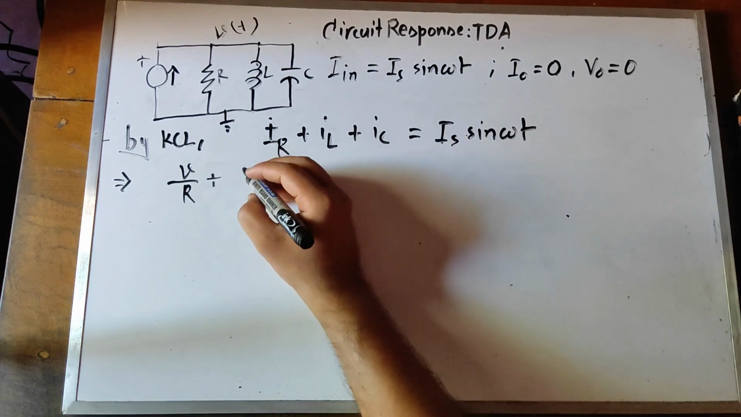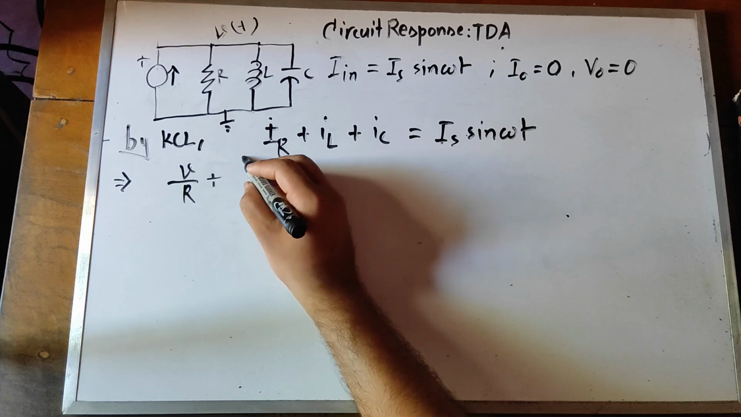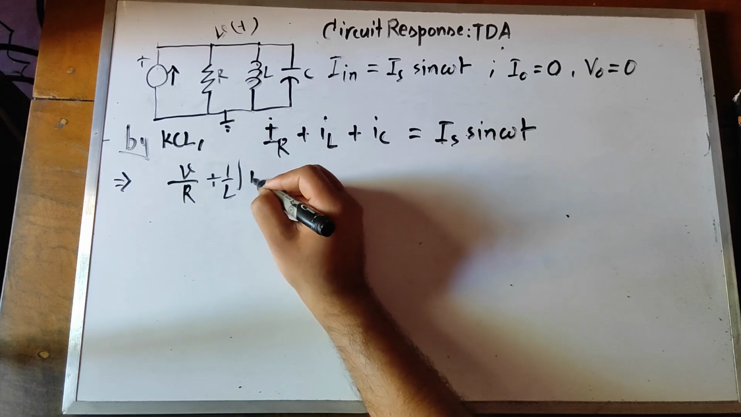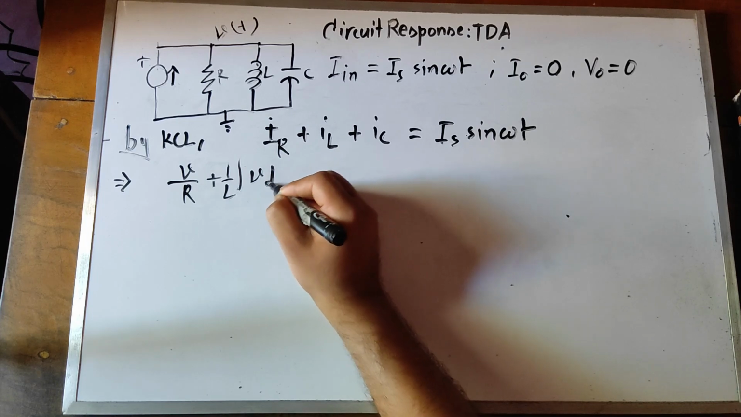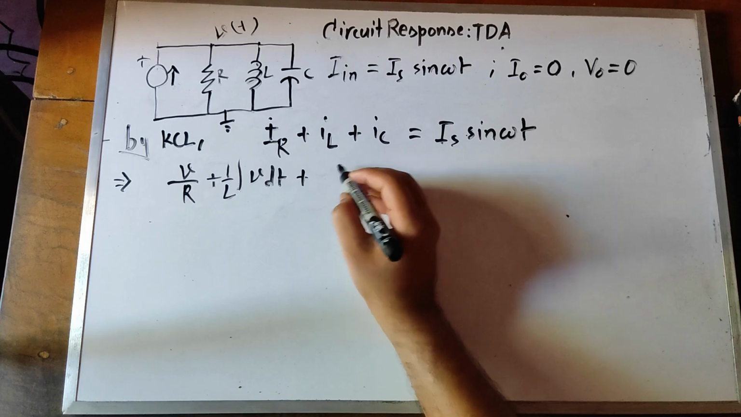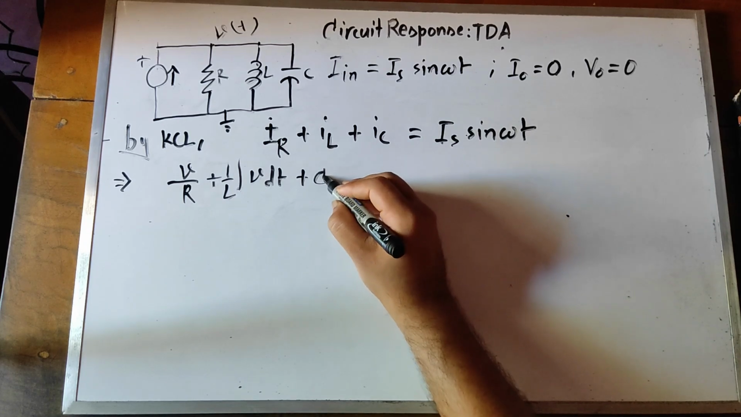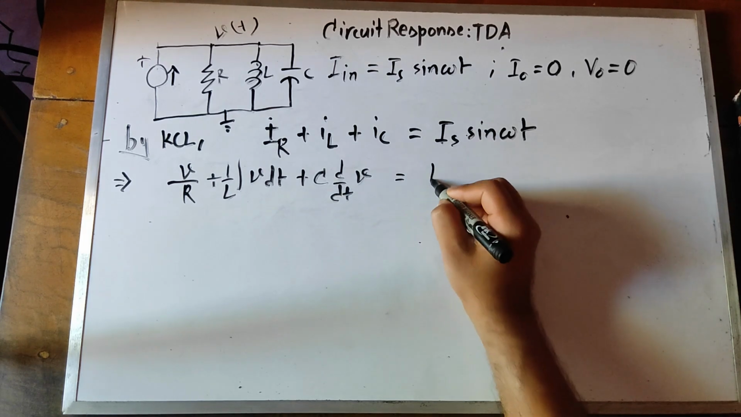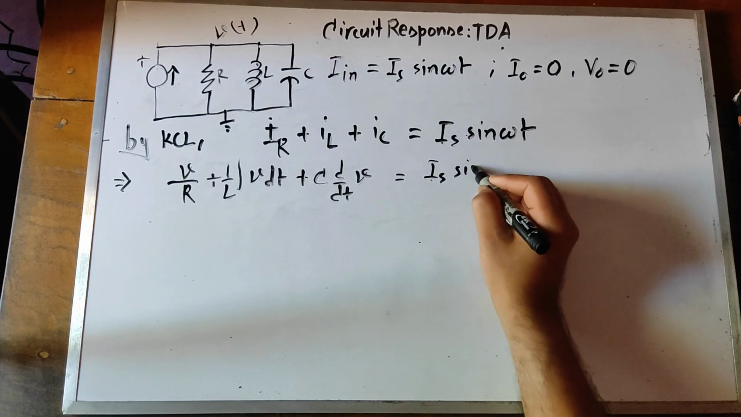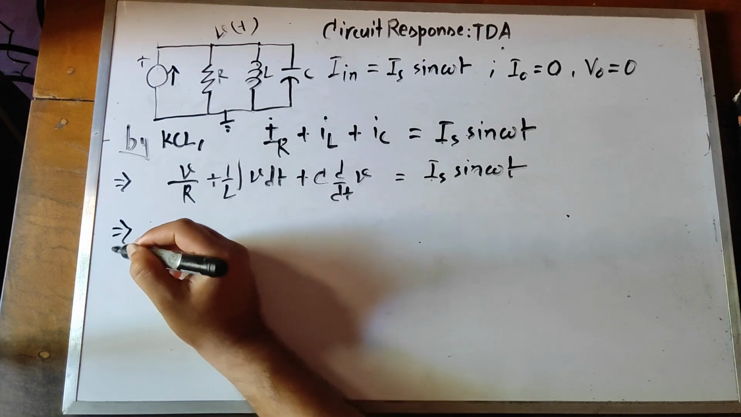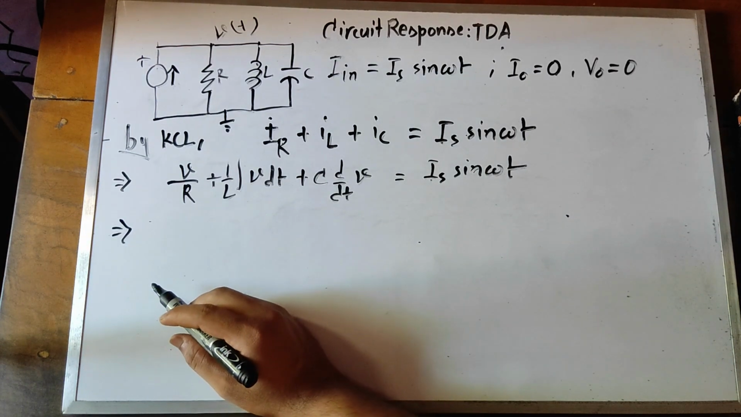So IL is 1 by L integral of V dt, plus IC is C dV by dt, equals I_s sine omega t. So like earlier,